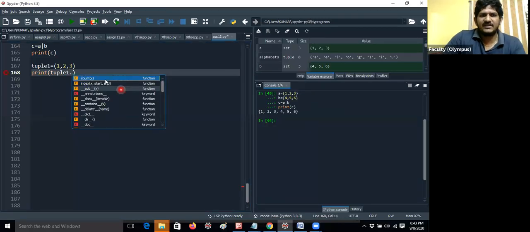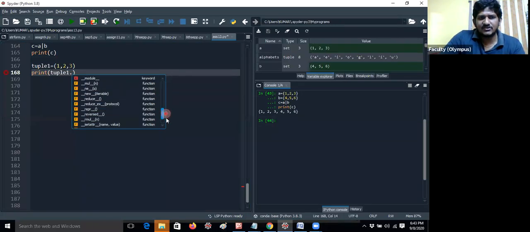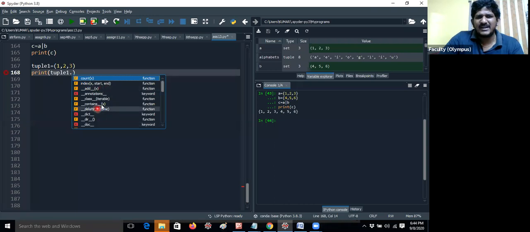These are the various methods. You can easily know whether a method is there or not, you can refer here. If the add method is not there, you cannot add. Here it has only count and index. That's why I have covered only the index and count methods in tuples. I did not discuss the other functions. These are mostly used in data science, and they do not belong to this particular course, so you cannot use those here. You just have count and index methods only.